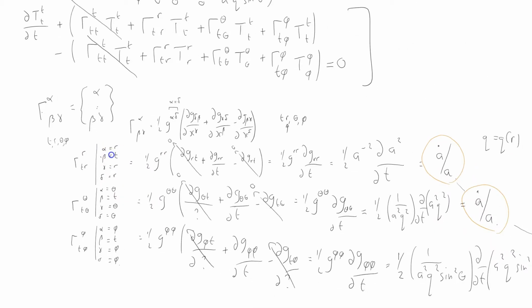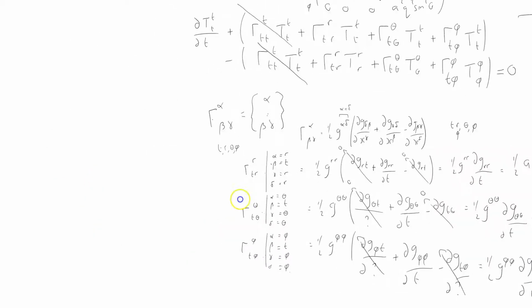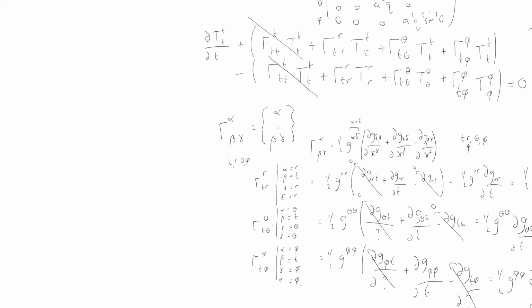I'll go over here. The thing I'm going to use is that all the non-zero Christoffel symbols, certainly all the ones I need, are a dot over a. So let's have a think about this. Let's write that here. We've got ∂T^t_t/∂t, a lot of t's in that, plus... Now then, how best to do this? Well, I'm just going to factorise out a dot over a times